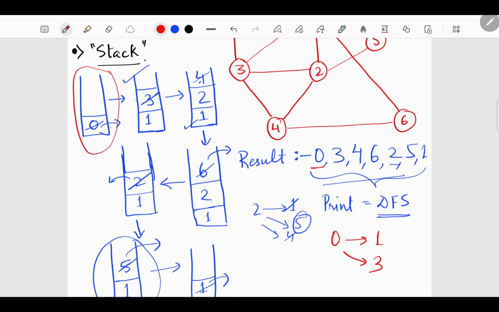So if this order in which we have inserted, if we reverse this, that would also be correct. Because there is no rule about the order that you have to first insert 1 and then only 3. So your stack could have been like this. If it would have been like this, then after 0, which element you would have found here? It would have been 1.